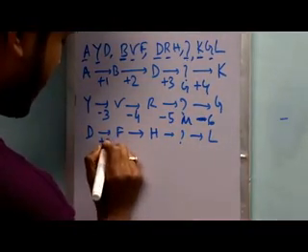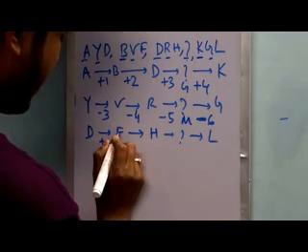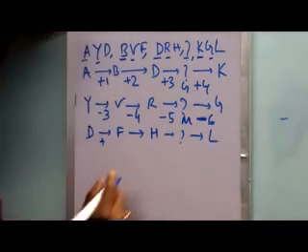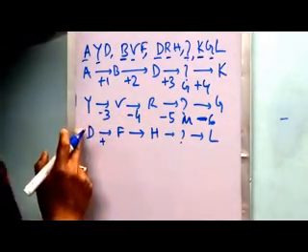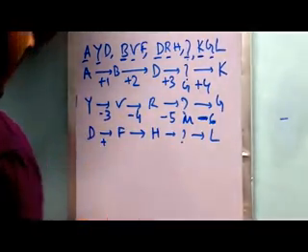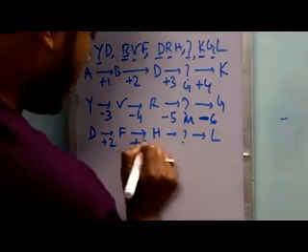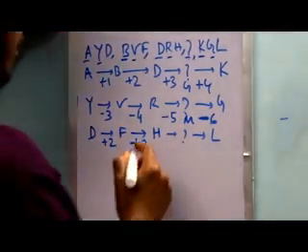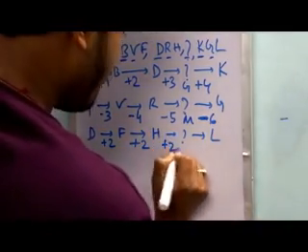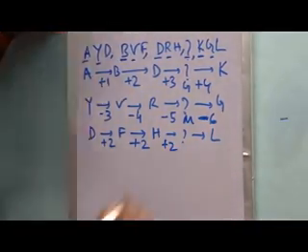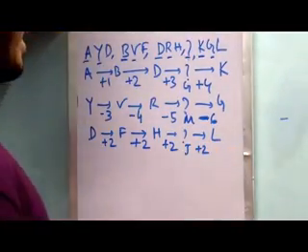Similarly, F comes, if we move the second letter from D, then we get F, E and F, G and H. So it also moves 2 positions forward to get H. It will be also +2. So it will be J, and it will be +2 again to get the final letter L.